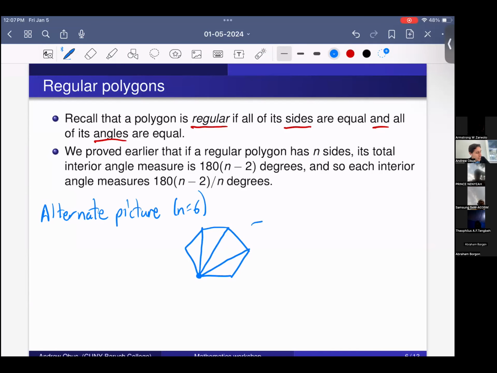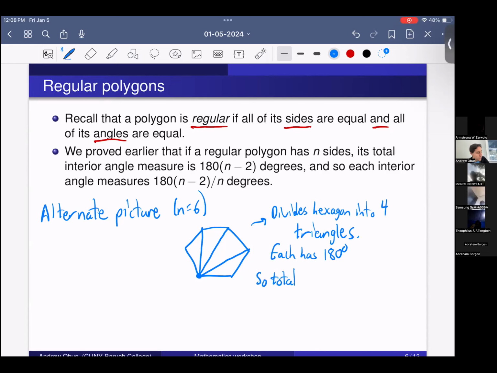And so what we see is that this divides the hexagon into 4 triangles. Each of them has 180 degrees because a triangle has 180 degrees. So the total angle measure